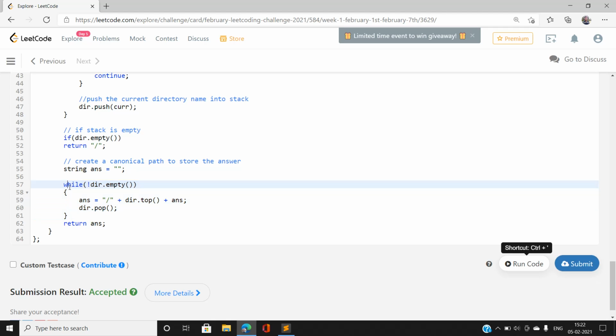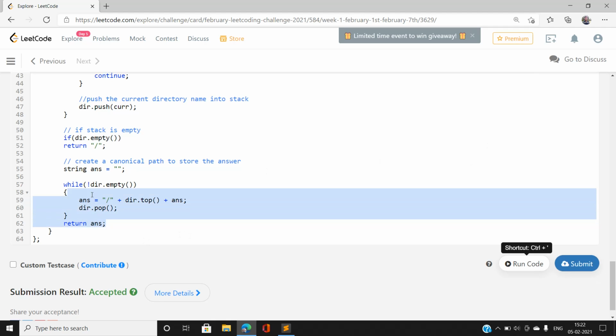Each time I'm going to append to my answer a forward slash plus the stack top. Note that the stack is going to store our answers in reverse manner. That's why every time I do this, I append to the front of my answer. You can also visualize this by writing it out with some examples. So finally I'm going to return my answer.